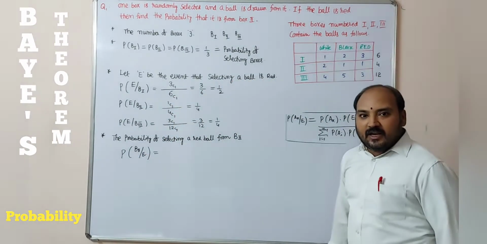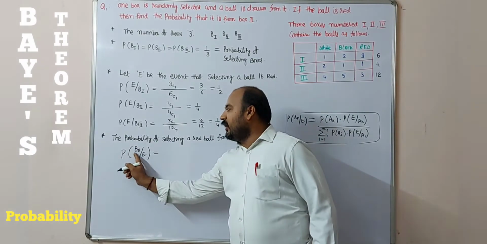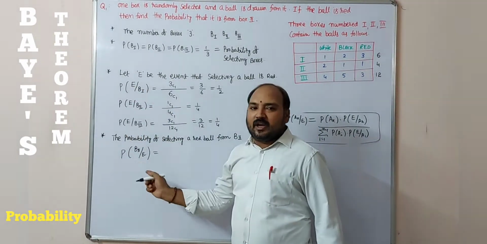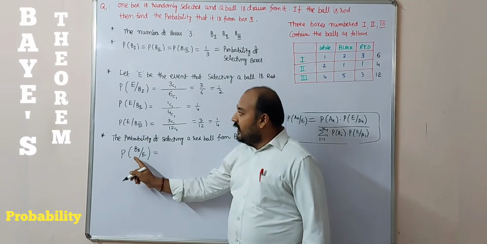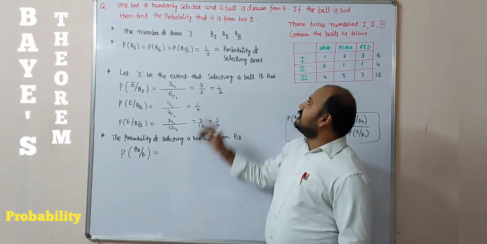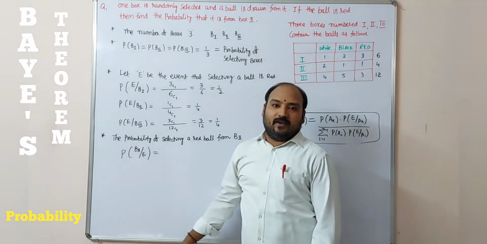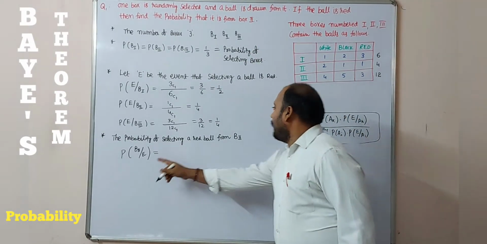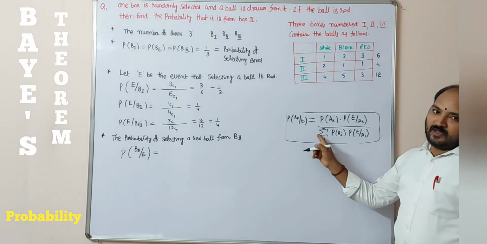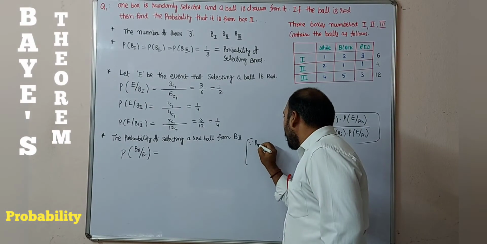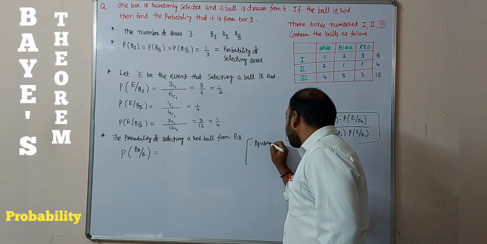The probability of B2 by E. Here we are calculating E by B1, E by B2, E by B3. But we want the probability of selecting the second box. From that red ball probability we are calculating by using this Bayes theorem here only. By using Bayes theorem,